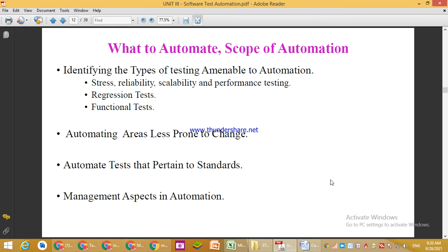So what do we have to check? We have to first check the stress. We have to first select what to automate. First, the stress testing we have to do.